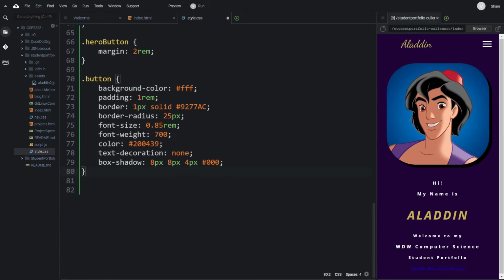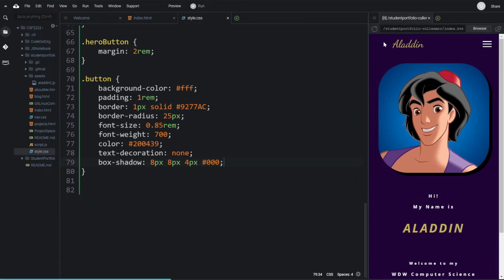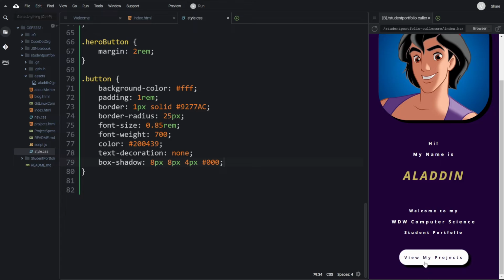And then text decoration none. What that does, it takes away the underline, and finally a box shadow similar to the image that we did before. So let's take a look and see how that turned out. And there is our white background, our text,